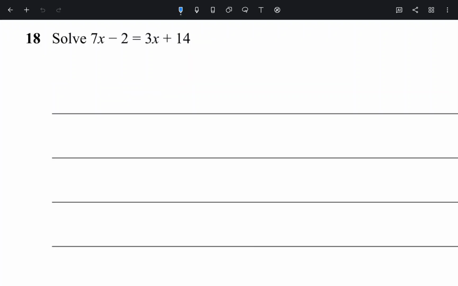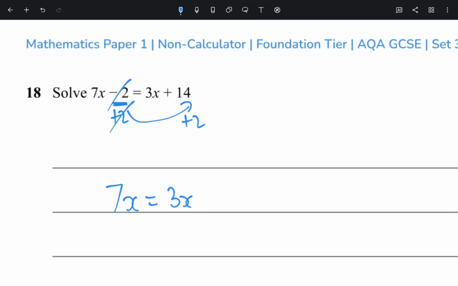Again, we'll do one more question just to give you an idea. Solve 7x minus 2 equals 3x plus 14. To solve this, I can take the numbers from the left to the right. We want to ideally put letters and numbers on two separate sides, so it makes it easier for us to work out. If I plus 2 and take it to the other side, the minus 2 and plus 2 cancel out. It'll be 7x equals, 14 plus 2 is 16,